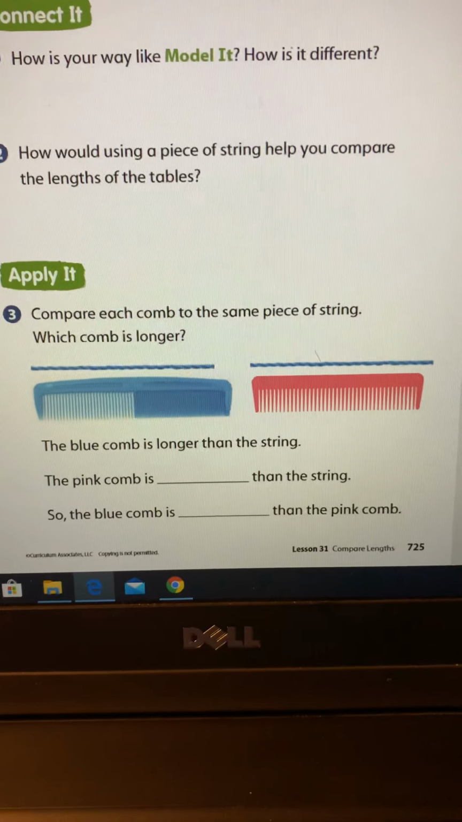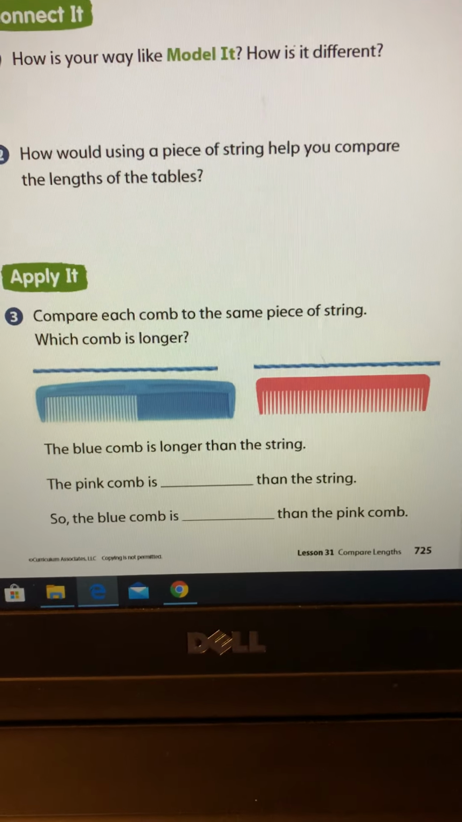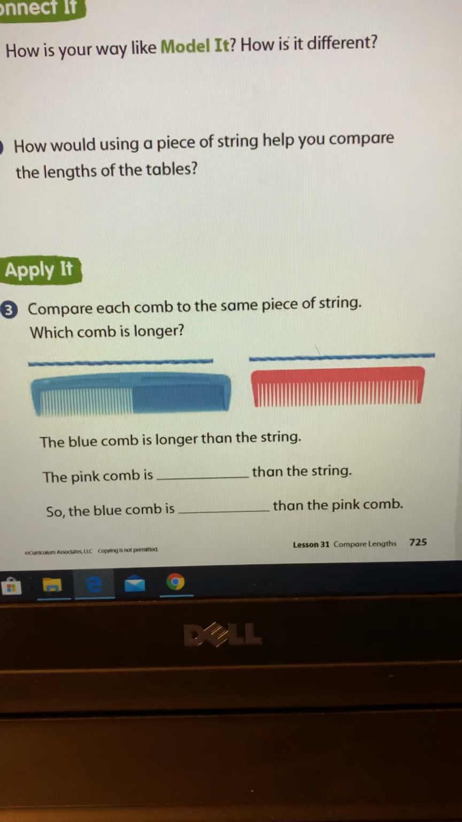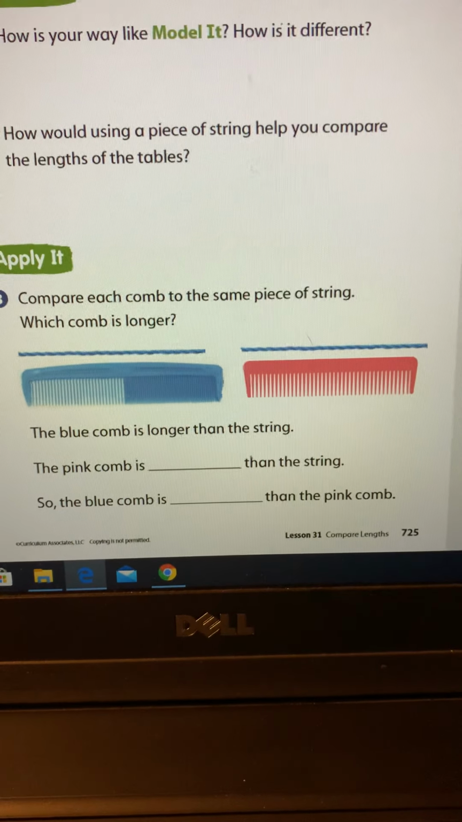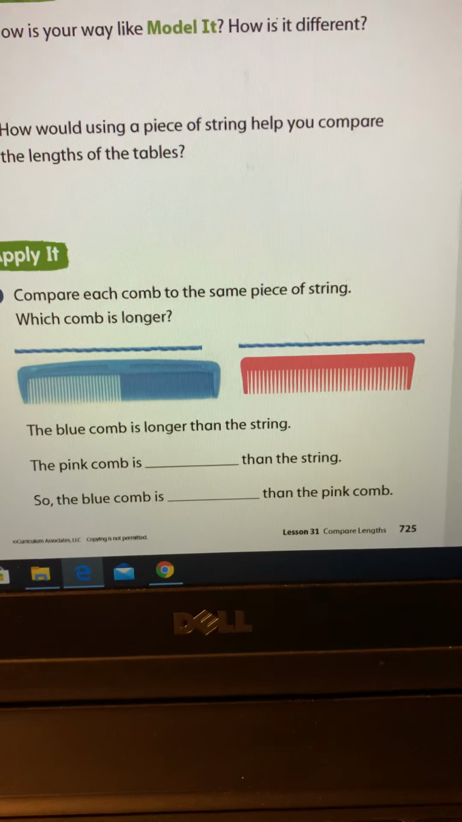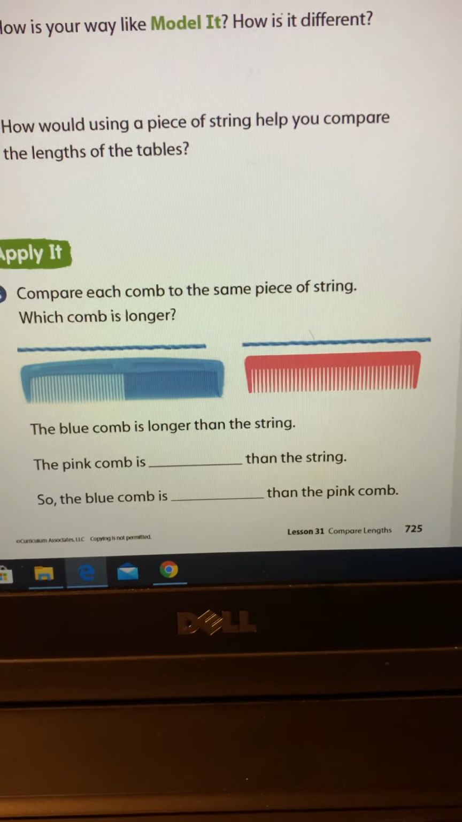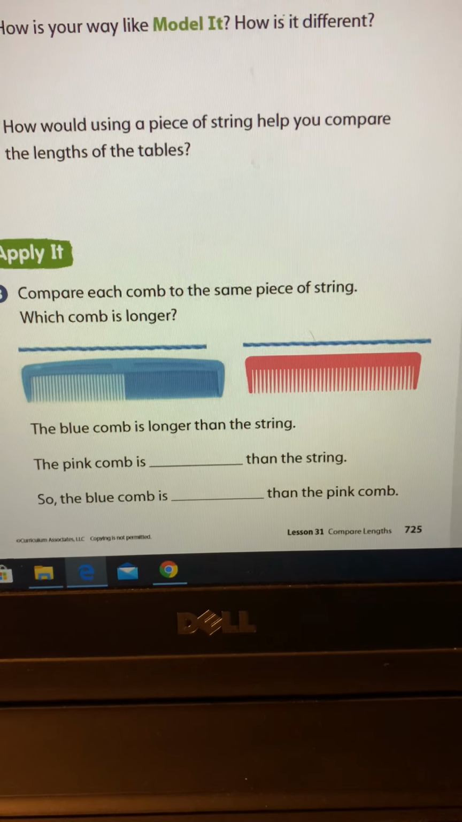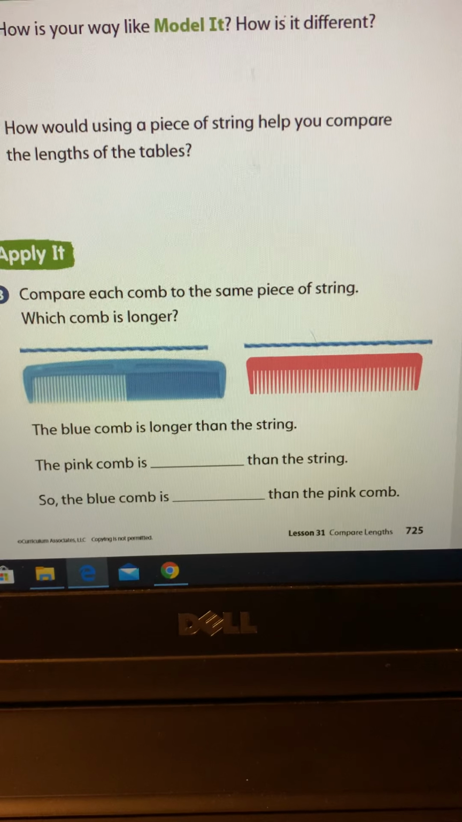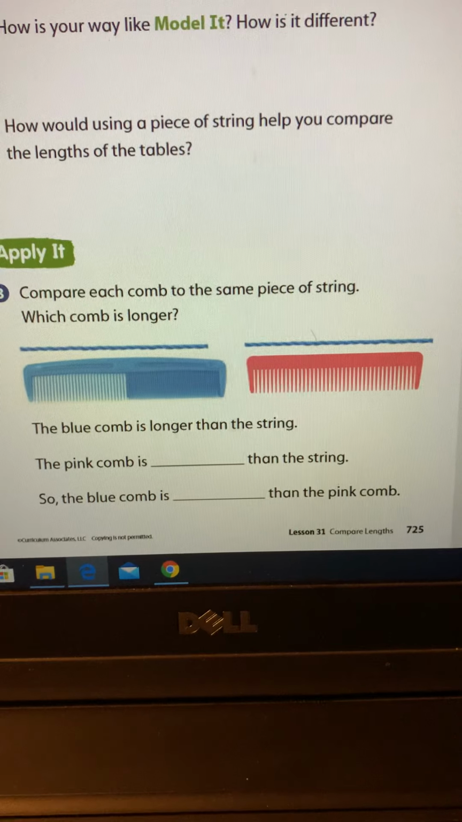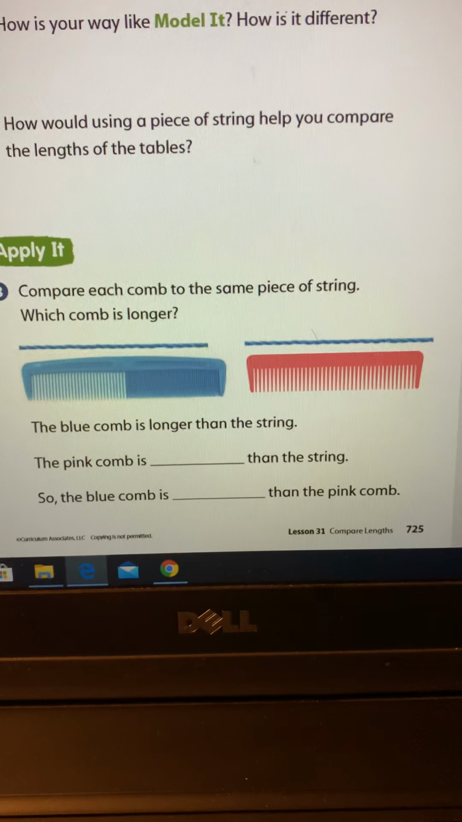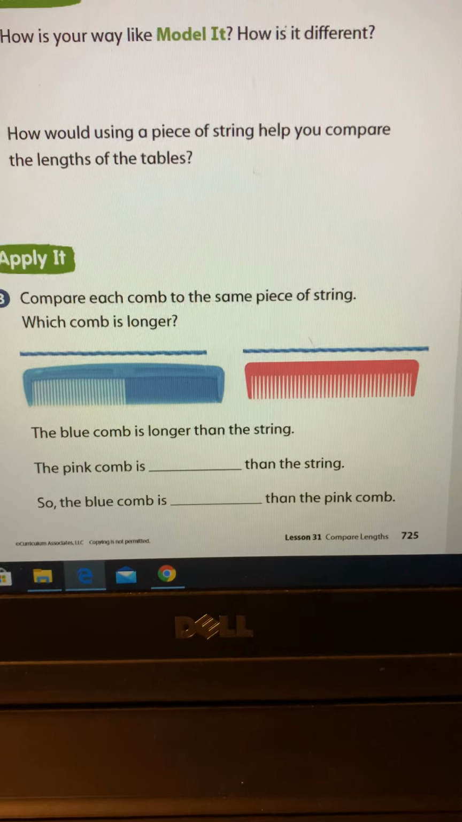Okay, look at the combs. Compare each comb to the same piece of string. Okay, so that's the same length string. Which comb is longer? What do you think? Which one is longer? Right, the blue